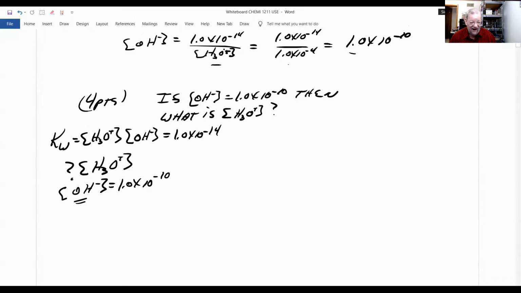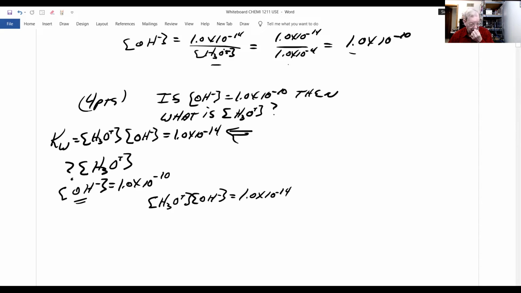So now, how do we begin? We use this, that the hydronium ion concentration times the hydroxide ion concentration equals 1.0 times 10 to the minus